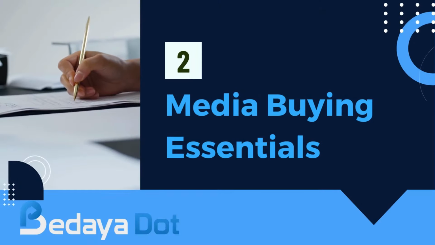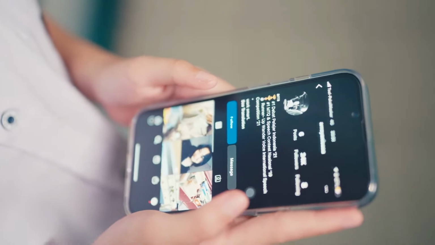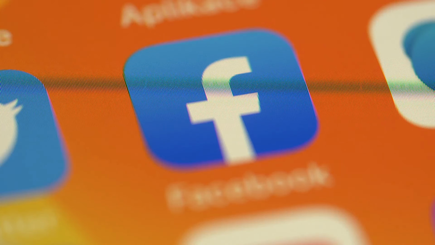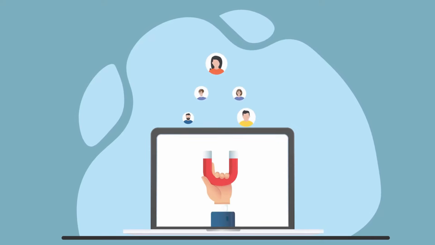Step 2. Media buying essentials. Now, once you've got a plan, it's time to actually buy the media. This step is about getting your ads in front of the right people at the right time on the right platforms. Different platforms like Facebook, Instagram, and Google serve different purposes. For example, Facebook is great for creating awareness, while Google ads work well for capturing users who are actively searching